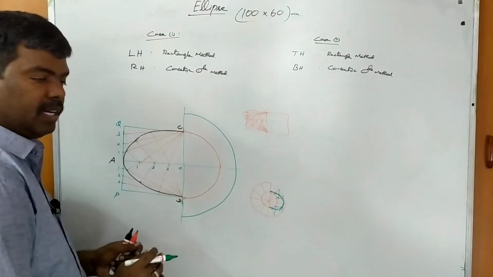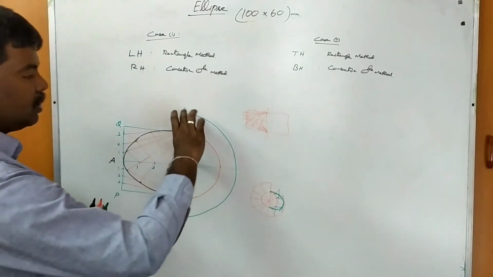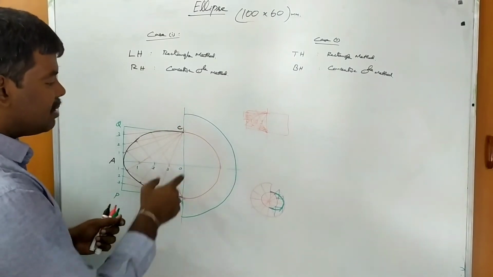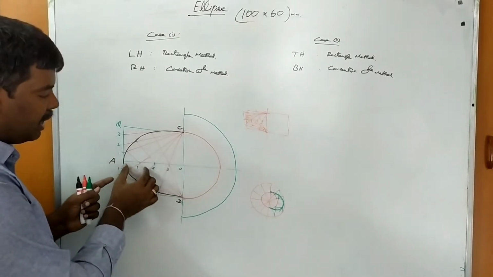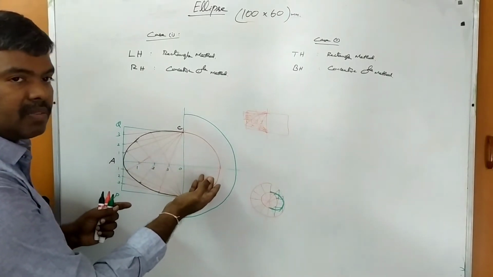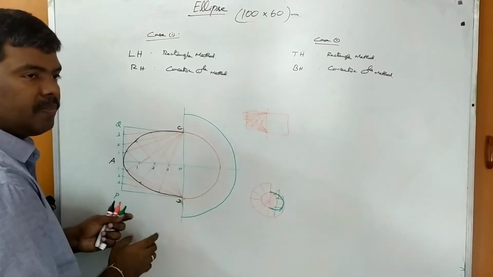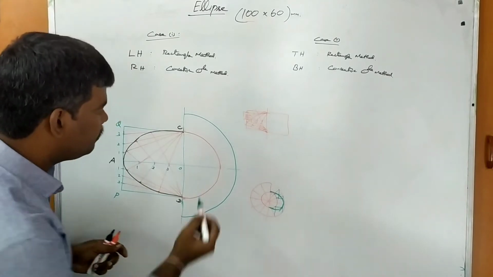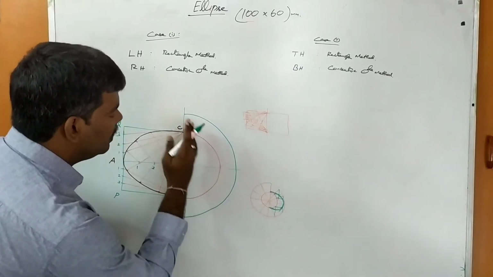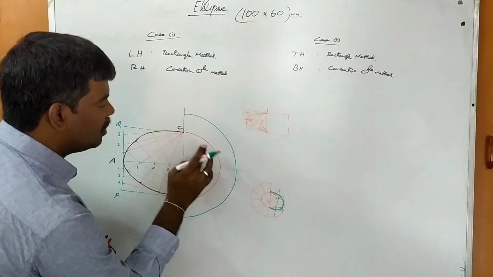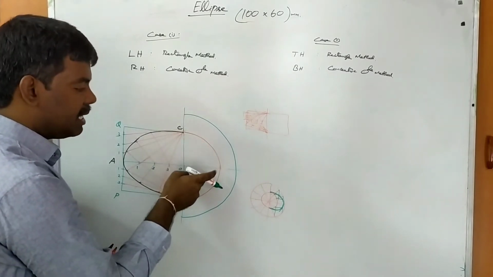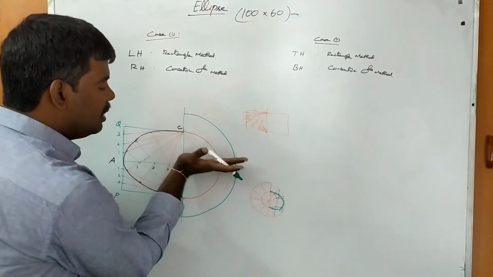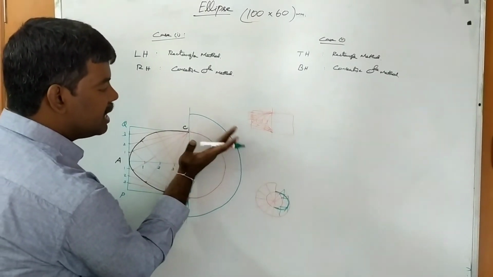Same procedure you follow here also. How? So the two concentric circles are there, the circle divided into n number of equal parts. The number is not necessarily equal to here 4 equal parts on the left side; the same 4 equal parts are not necessary, it's your wish. Clear? Like that. So here I consider this 90 degree is divided into 3 equal parts. Similar case here also, 3 equal parts. So the total semicircle is divided into 6 equal parts. So 3 equal parts for 90 degree, it's nothing but 30 degree each.